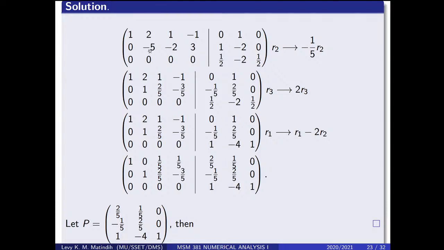From here, if you look at row 2, we multiply row 2 by negative 1/5, what we're going to get is this matrix, and on the right hand side of the partition, we are going to get this matrix in this form. The next stage is row 3 multiplied by 2. So what we're going to get is